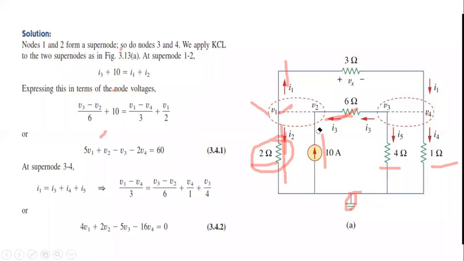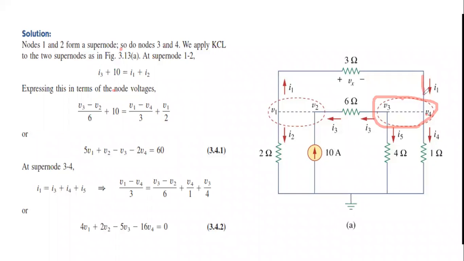So if there are no doubts, then we can again go for the second equation. So we will go to the second super node, that is super node 3, 4. This one, this super node. So now again the currents, incoming currents, are already written. I1 current is incoming and all other currents are outgoing. You can see, I3 is outgoing, I5 is outgoing, and I4 is outgoing. So you can always write I1 is equal to I3 plus I4 plus I5. So that is the KCL at super node 3.